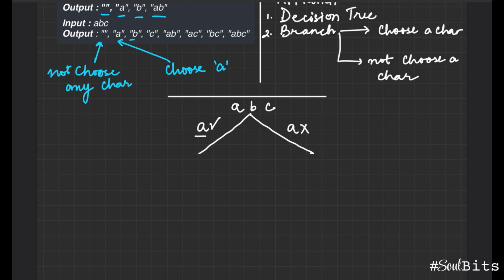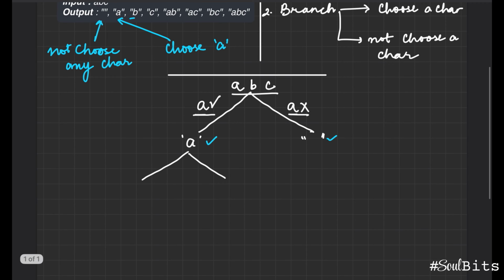So for example, here we make a choice to either use A or not use A. So the intermediary node that you get for the tree will have A. The second node that you will create will not have A. In other words, we are making a decision to either choose the character at index 0 or not choose the character at index 0, right? And the intermediary nodes that you will get will either have A or it will not have A.